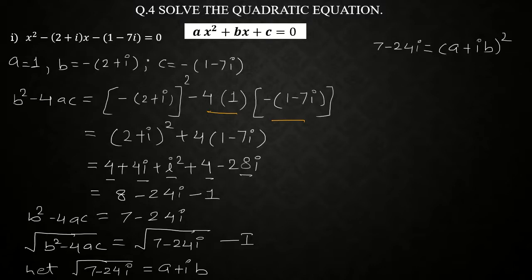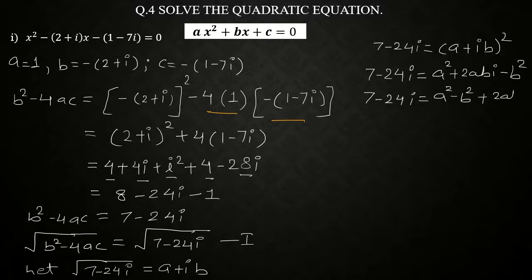Now next we'll do on the left hand side, a plus b the whole square का formula, that gives you a square plus 2ab साथ में i, and next is minus b square. Be careful, why minus? Because b के साथ i भी है, तो b का स्क्वायर होगा तो i का भी स्क्वायर होगा, और i स्क्वायर का वैल्यू माइनस 1 होता है. सो अब ये टर्म्स को आपने बार बार यूज किया है, तो आप उसको डायरेक्टली लिख सकते हैं. Next, writing real terms together, so a square minus b square plus 2abi separately,